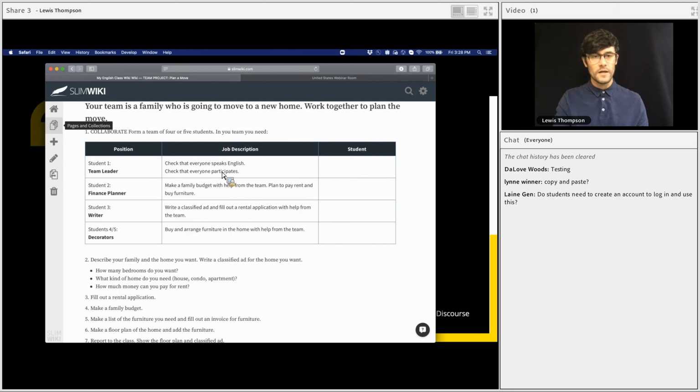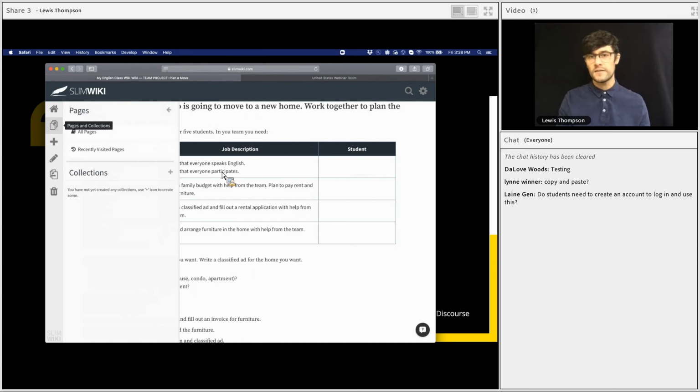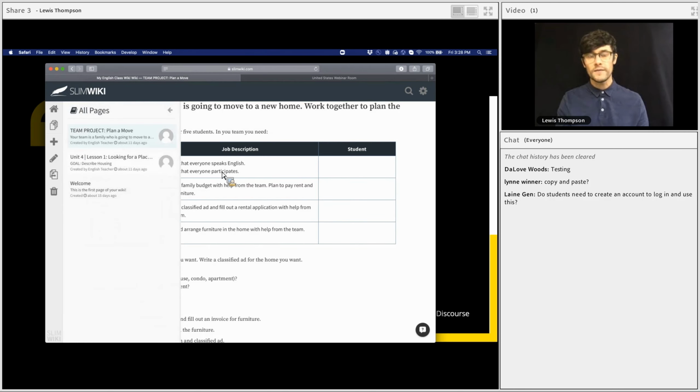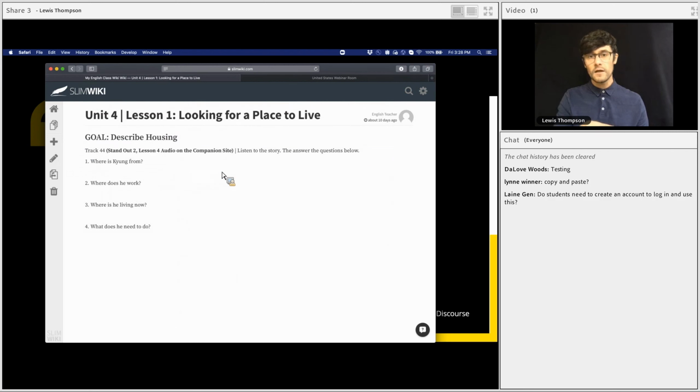As you can see here, I've created the task from the student's book that we did earlier together. And instead of creating individual teams, you can actually create one large team for your entire class and have students respond here. At this point, a wiki starts to function in a similar way to the discussion boards in an